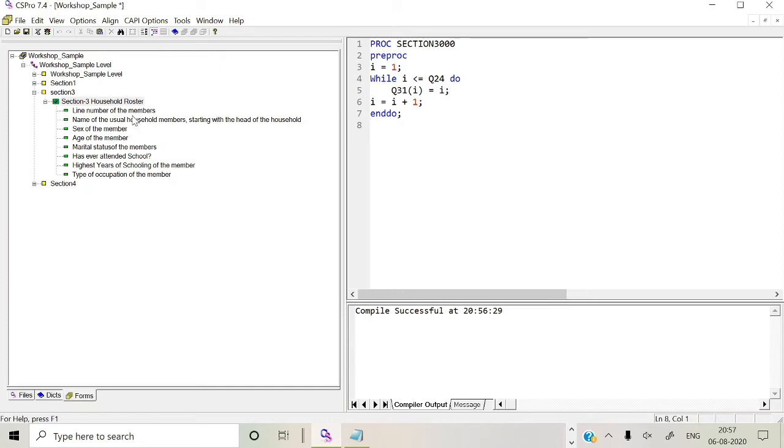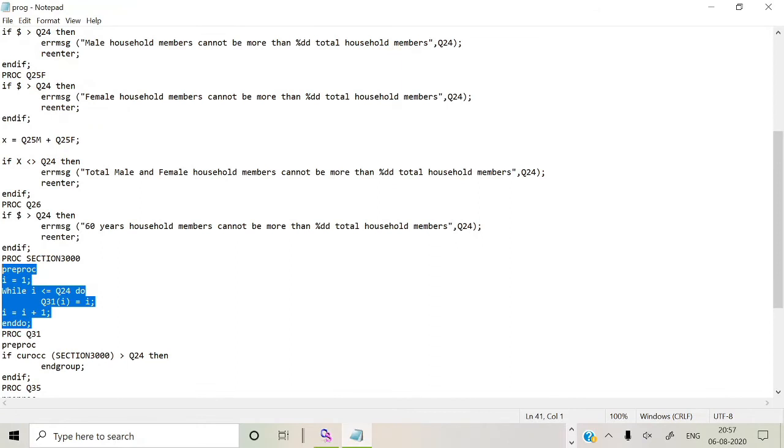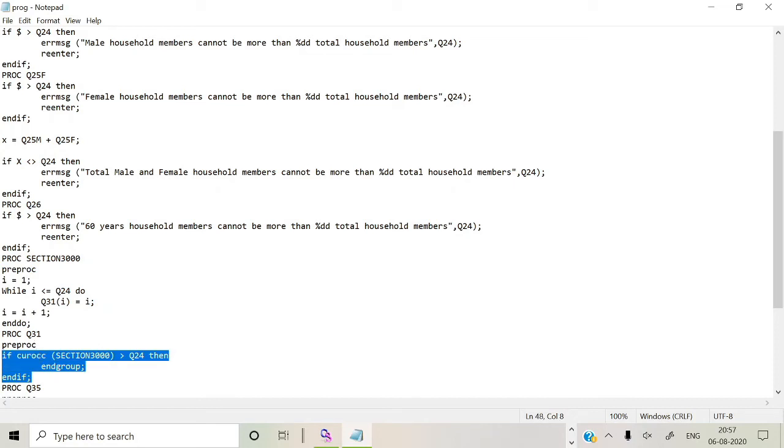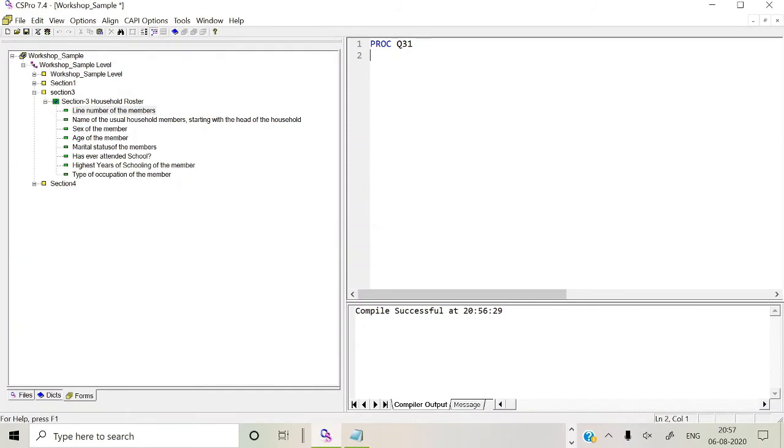So moving on, what we have to do is declare another statement on the variable q31, which also has to be carried out as a pre-proc. To save time on writing the program, I have already shared this application with you, so you can refer to it. In the pre-proc, section 3,